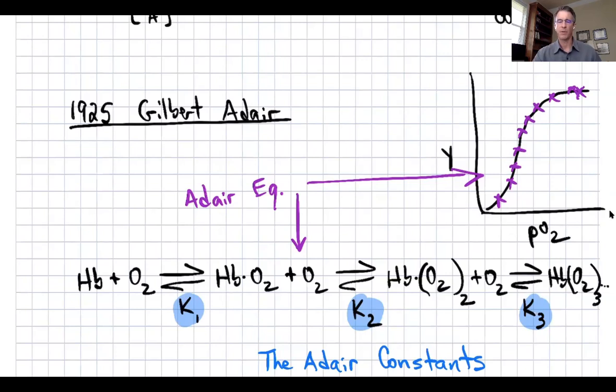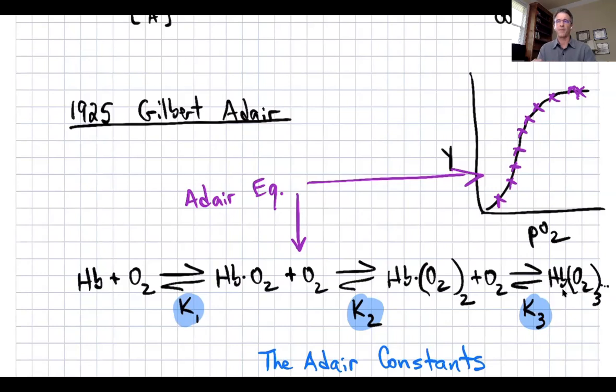And he came up with this relatively simple scheme where he modeled the binding of one oxygen molecule with the associated dissociation constant, binding of a second oxygen molecule with its own dissociation constant. And I pointed out these were known as the Adair constants, but I left you guys